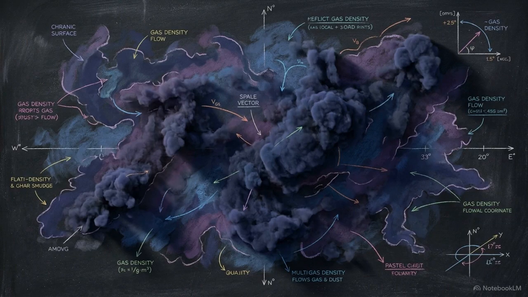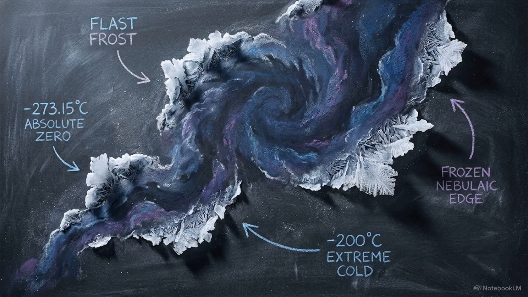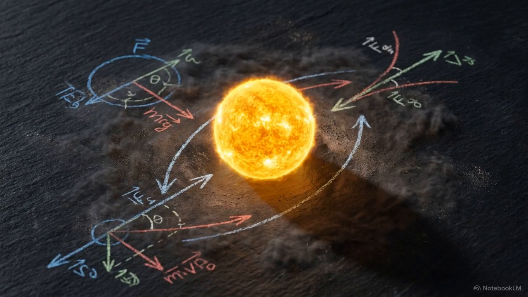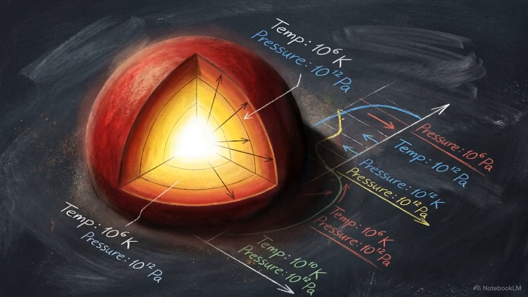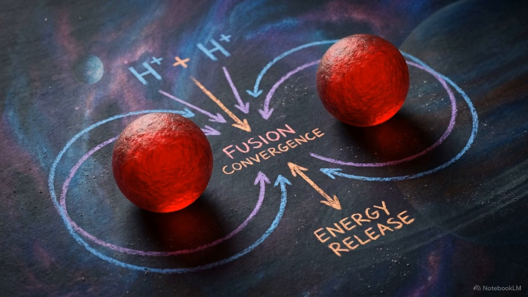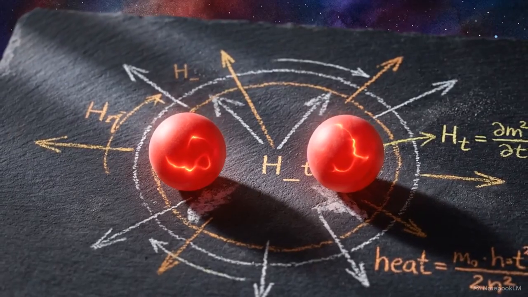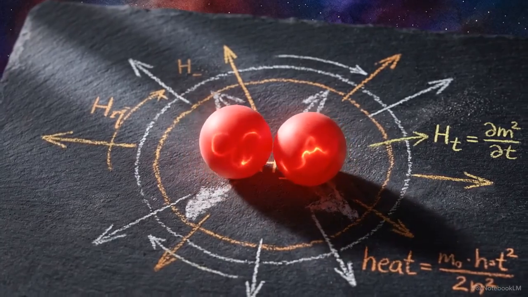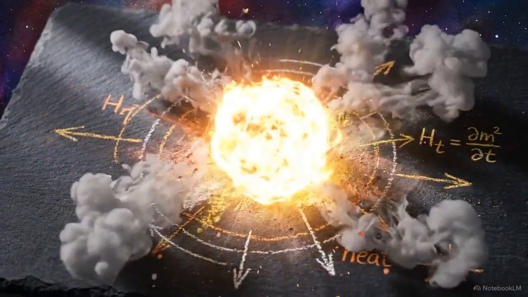5 to 6 billion years ago, large, extremely cold clouds of hydrogen and helium, called nebulas, began to accumulate at roughly negative 173 degrees Celsius. Intense gravitational pull forces these gas clouds to contract into dense clumps, forming protostars. As they compress, internal pressure drives the core temperature up to 10 million degrees Celsius. At that exact threshold, nuclear fusion ignites. 4 hydrogen nuclei collide to form a single helium nucleus, releasing a massive burst of heat and light.